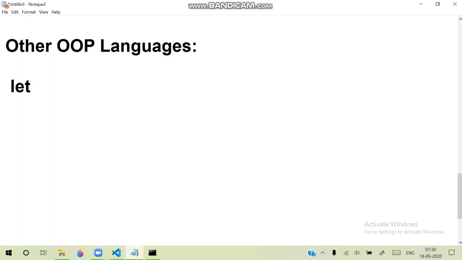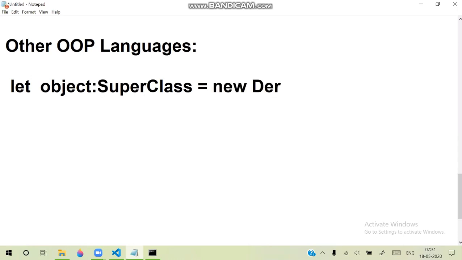This is a base class object. So this is an object of a base class type. That means it is an object of superclass type, and it is using the memory of the derived class. Superclass object